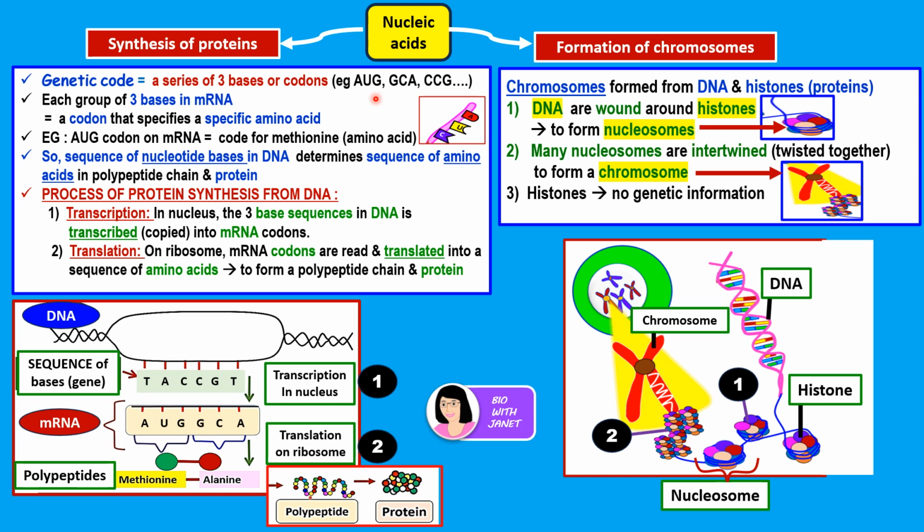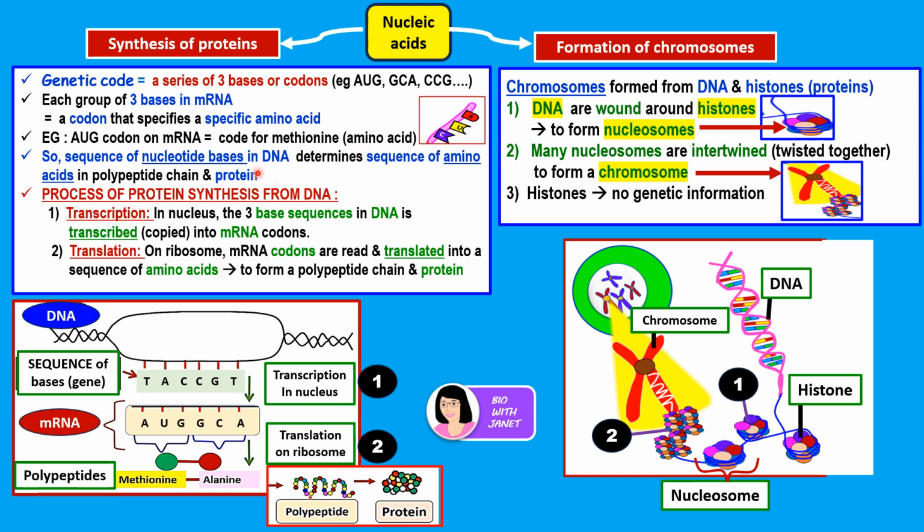It stands for a specific amino acid. For example, we said AUG. Let's say AUG on the one side of the nucleotide. What does it stand for? It stands for methionine, which is an amino acid that needs to be joined to form the polypeptide chain. Okay, so it's like an ingredient that's used to make a cake. So this one is the item that's needed to make the polypeptide chain. Okay, so the cell will need to bring this methionine from the cytoplasm to join to the growing polypeptide chain,